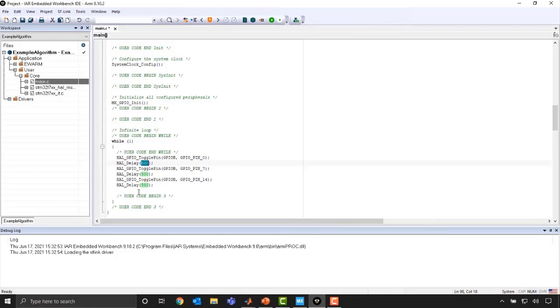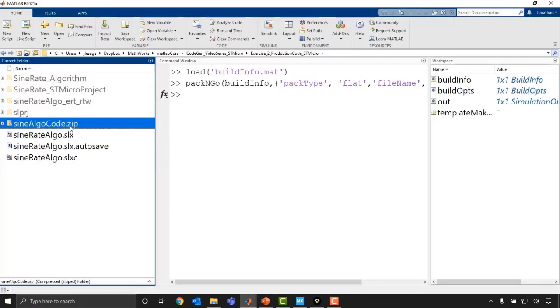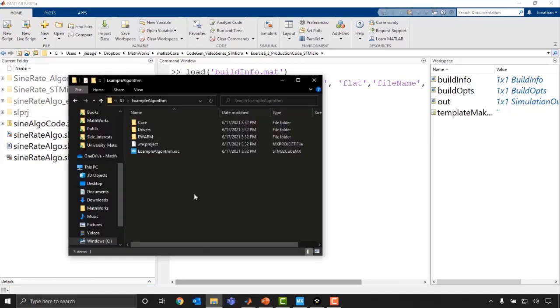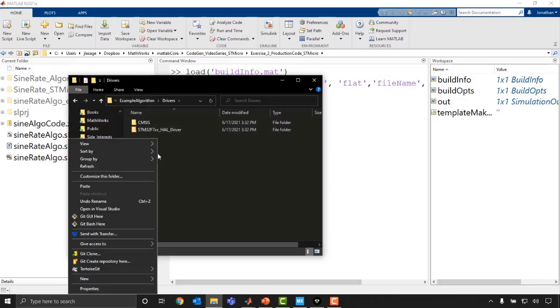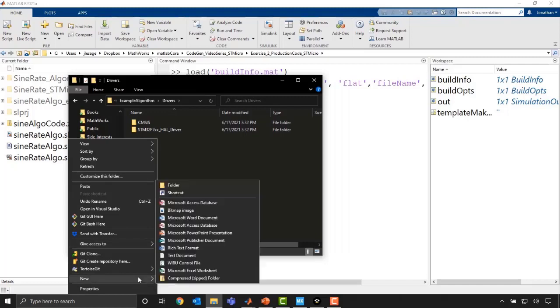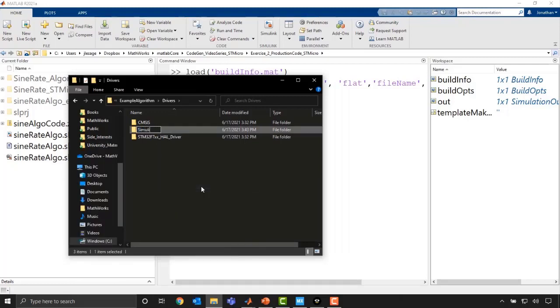All right, now that we have a hand code project set up here, let's go and grab our algorithm that we exported from Simulink and incorporate it in. Now, the first thing we need to do is add the Simulink files to this IDE. So let's go back to MATLAB. Let's copy this zip folder. So I'll do the Control C, and now I'm going to go into my directory where I have this project. Where we're going to go is into the drivers folder, and we can just create another folder in here called Simulink, for example. Go into this folder, paste my zip file. I can just extract it.